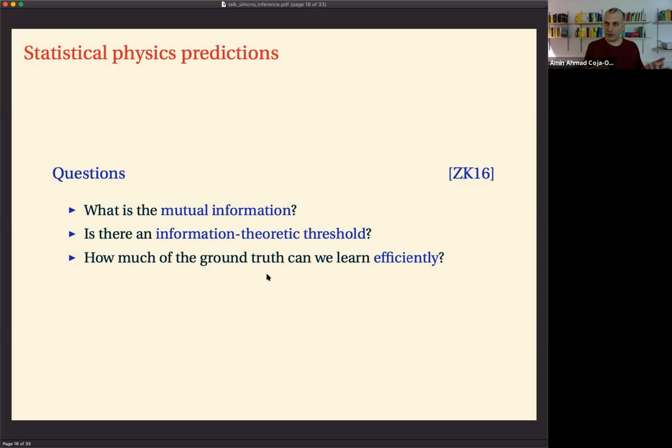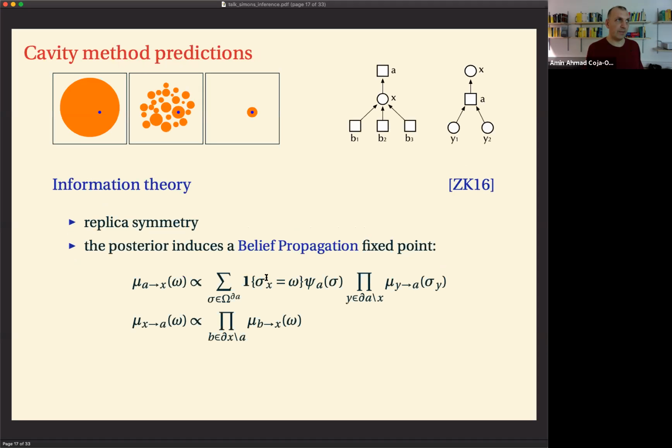Another question that comes up and that can be answered heuristically in this context is whether there's an information-theoretic threshold. In other words, whether there's some threshold, some signal-to-noise ratio effectively, from where on you can start non-trivial inference if you are given infinite computational resources. So is there some point from where you can, in principle, learn the ground truth, at least partially, from the data that you observe? And of course, the next question would be, can you actually perform this task efficiently? Is there some efficient algorithm for learning or getting a part of the ground truth back from the noisy data?